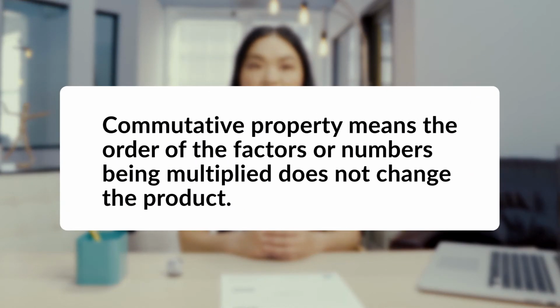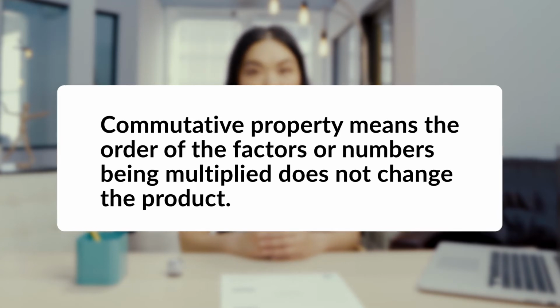Commutative comes from the word commute, which means to travel or move. So when demonstrating the commutative property, you move or change the order of the factors. The commutative property of multiplication tells us that the order of the factors or numbers being multiplied does not change